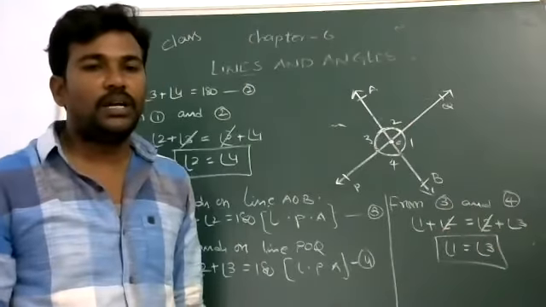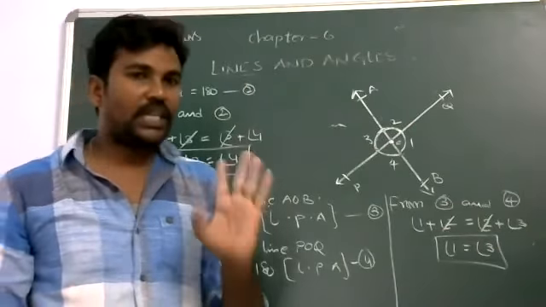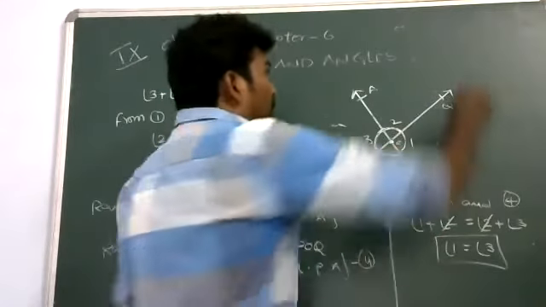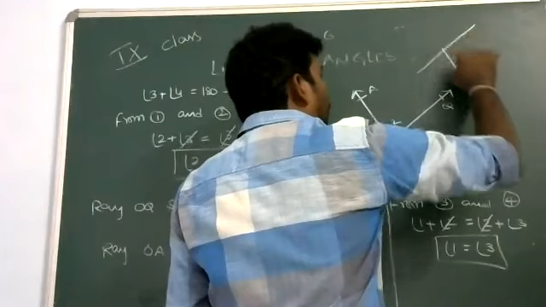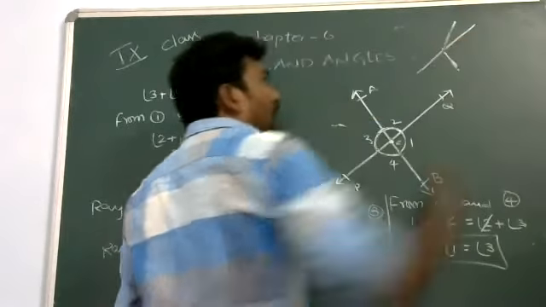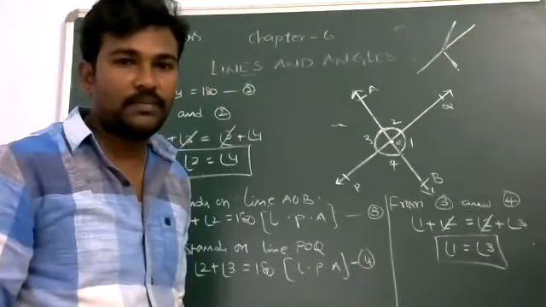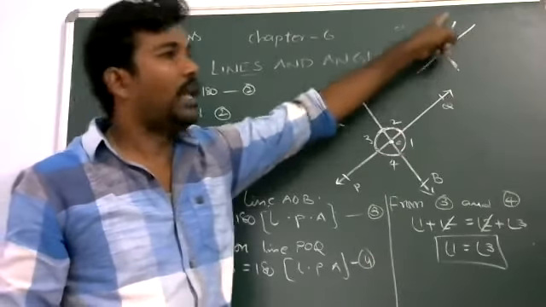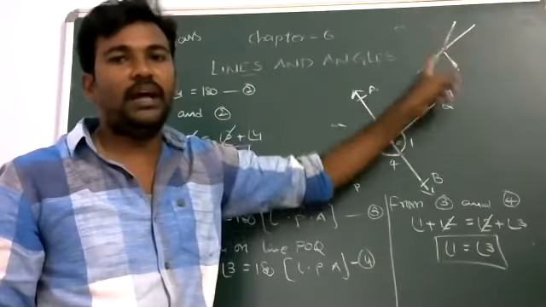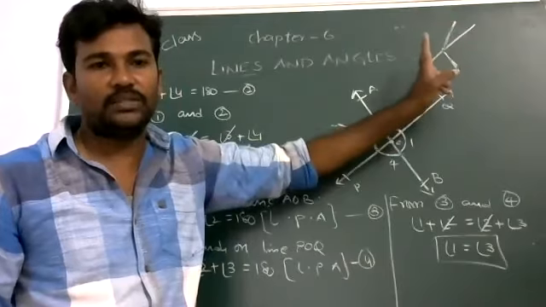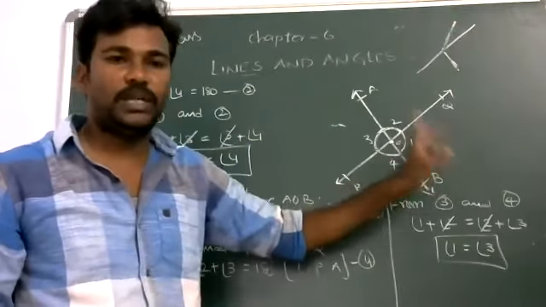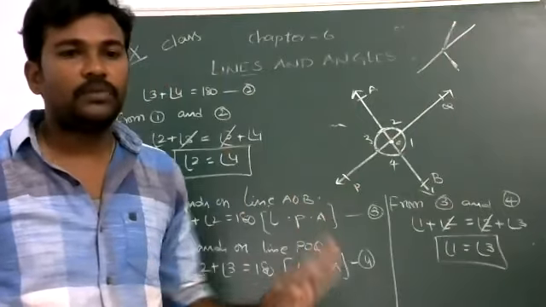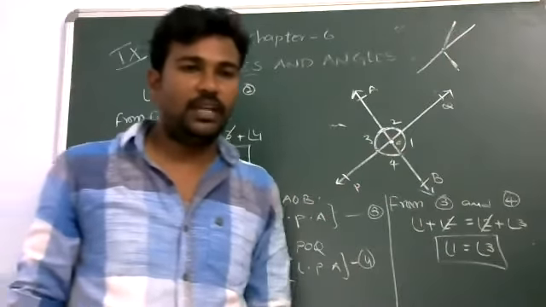Finally, you can conclude that if two lines are intersecting each other, these two must be lines. Suppose this one line is given and they are given like this, then these two are not intersecting lines. There are no two lines. So this is one ray and this is another ray. One line and two rays are there. There are no two lines. So this one is only representing two lines. So if two lines are intersecting, then vertically opposite angles are equal.